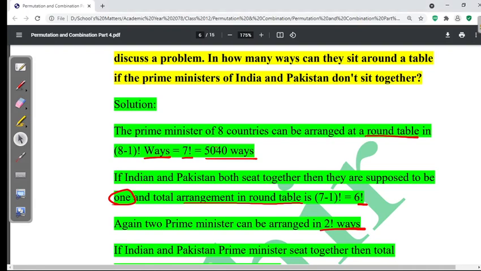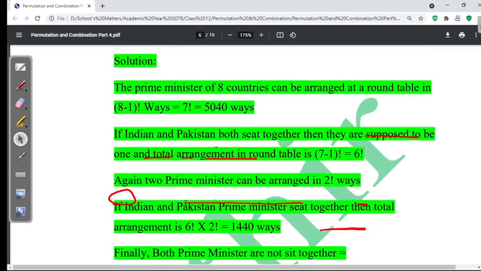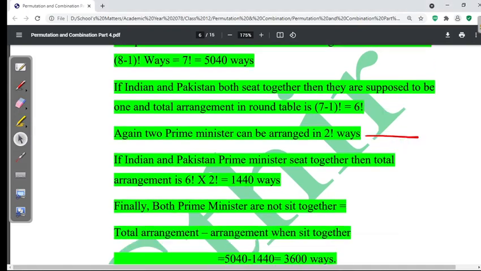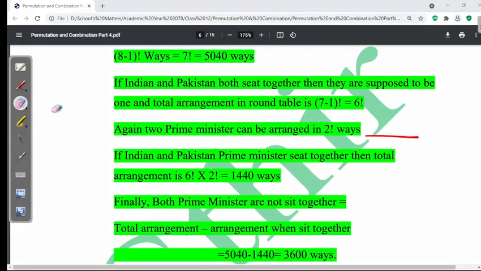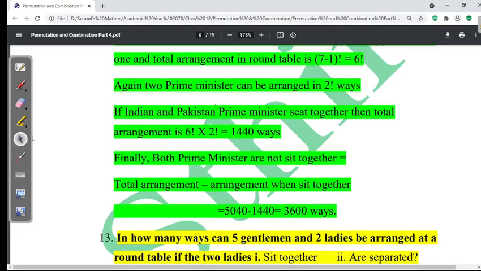So the permutation of the second part is 6 factorial times 2 factorial, which is 1440. And our condition is that both prime ministers are not sitting together, so it is 5040 minus 1440,